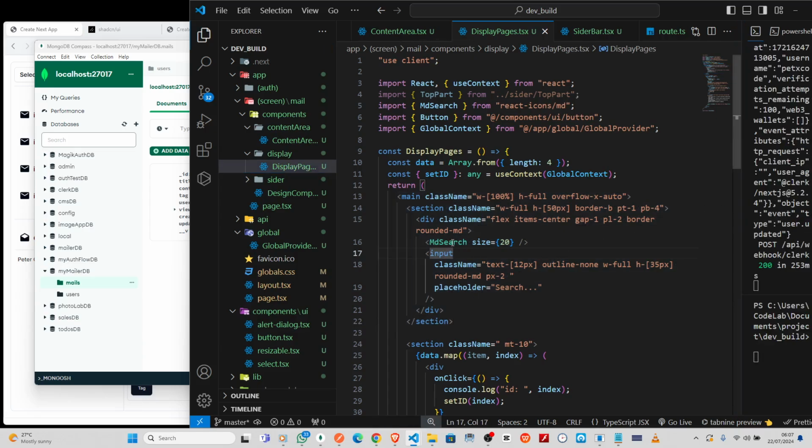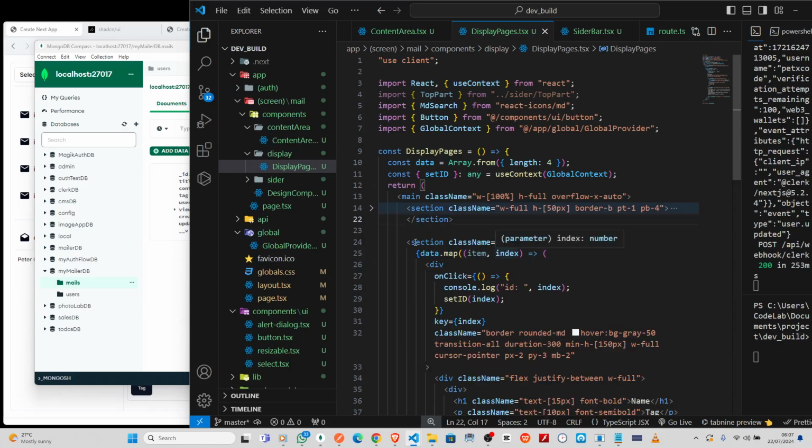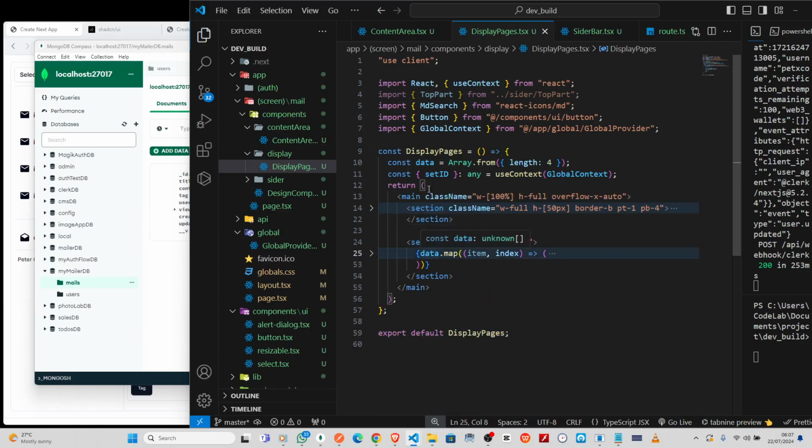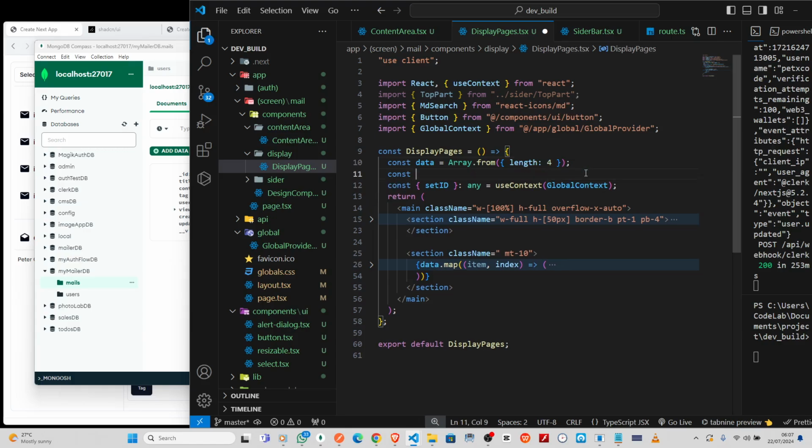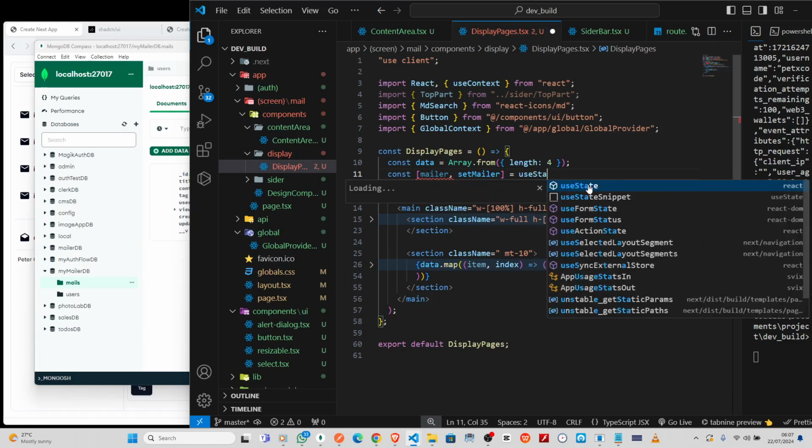Then if we come here, so this section are the search section. Then this side might be the part where we say we need the data population, right? So we get this here. Remember saying our client components now they work on. So the first thing first now, say make I column mail. If I would like column data, sure, but make I just column mailer for now, and I go say set mailer. Now go there equals to use state,